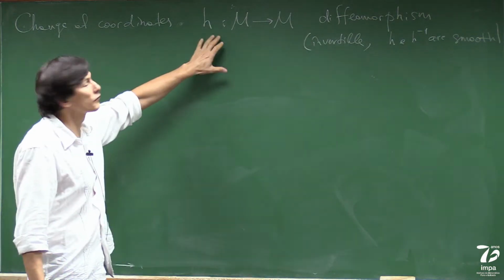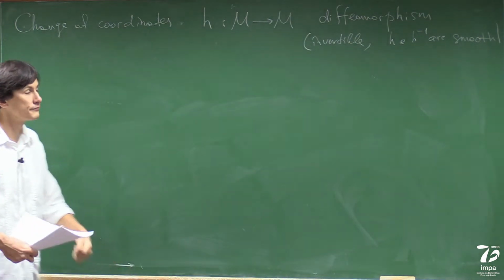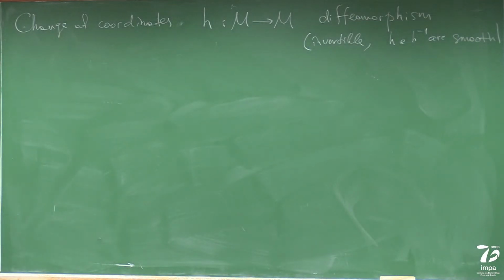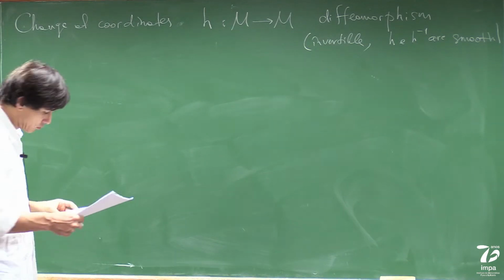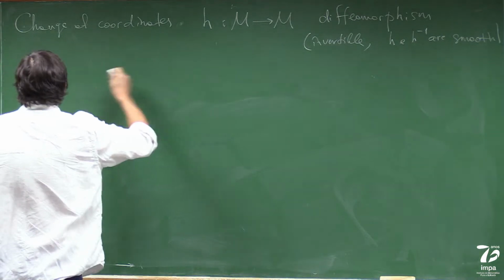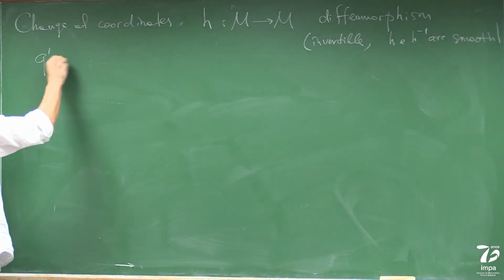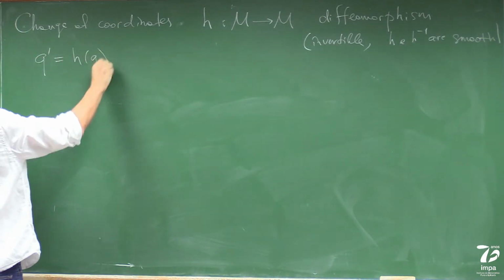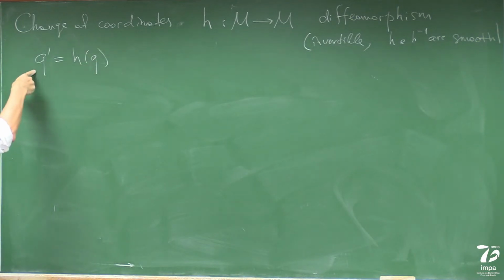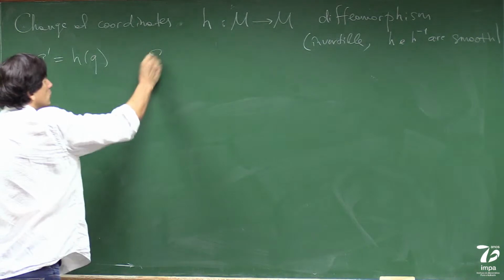In other words, diffeomorphism means that it's a good function. So it's not some pathological change of coordinates. It's a function which connects one type of coordinates to another. So whenever you have these functions, it means that you can define new coordinates. So this was the original coordinates, and then you define new coordinates. And then, as an example,